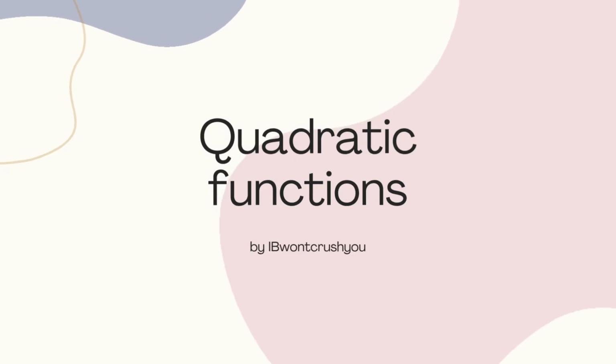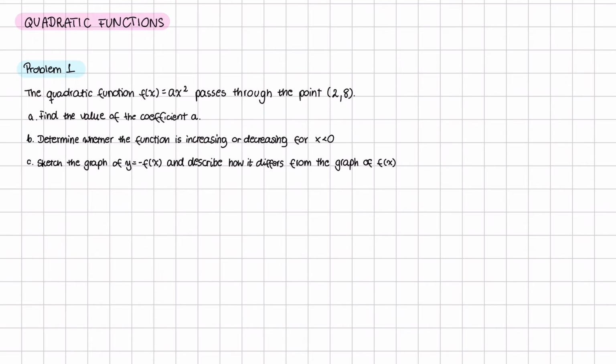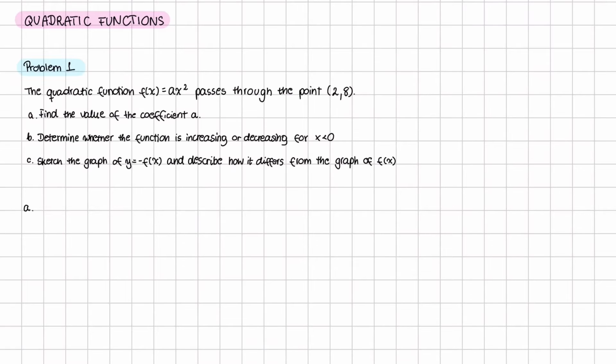So let's get started. Problem 1. The quadratic function f(x) equals a times x squared passes through the point (2, 8). In part A, we have to find the value of the coefficient a. And in order to find a,